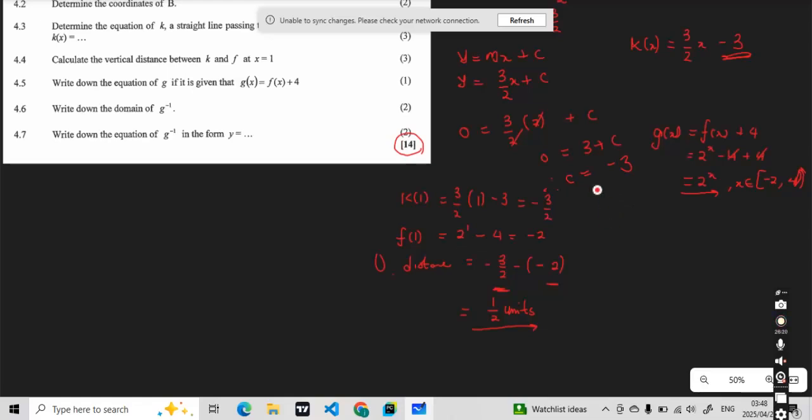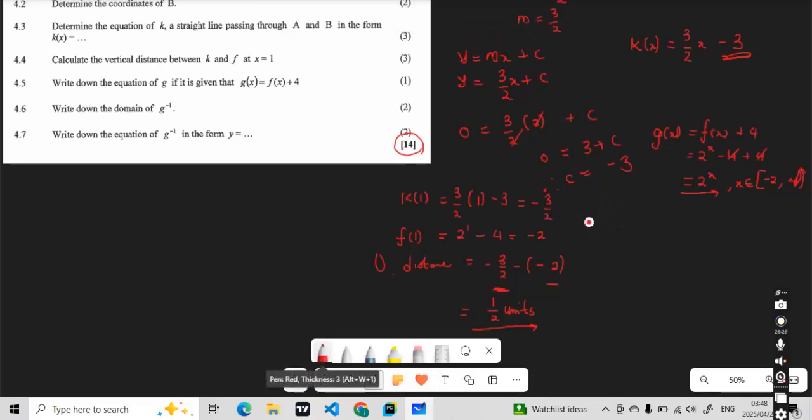Now for the range, which is the y value, for the range of g, which is this one, y is an element of